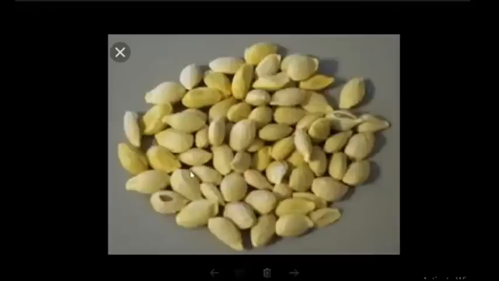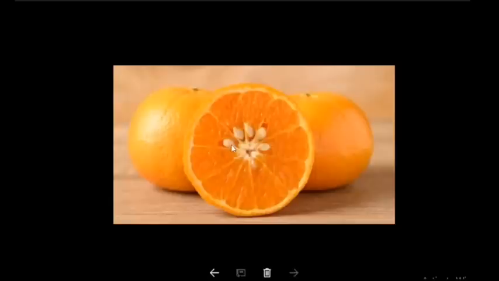So these are what we refer to as orange seeds. These are orange seeds. We can see them, they are dicotyledonous seeds. And here we have the seed in the fruit itself. This is the orange fruit, and we have the seeds inside it. So those are the things that we need to look at about these particular specimens that have been released by